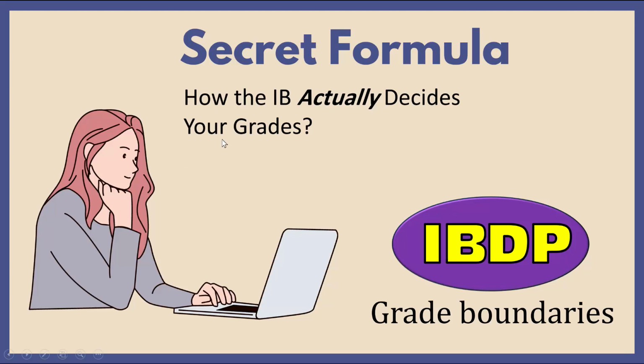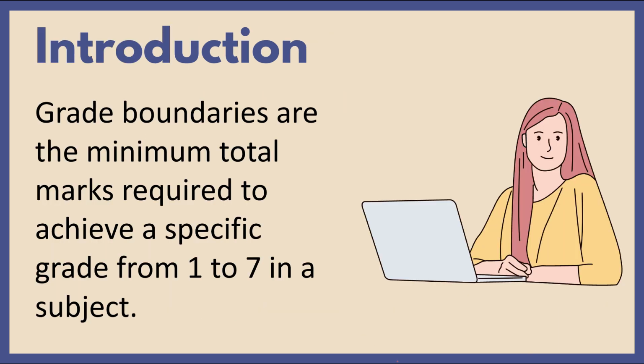Secret formula. How the IB actually decides your grades. I will focus on IBDP grade boundaries in this video. As an introduction, grade boundaries are the minimum total marks required to achieve a specific grade from 1 to 7